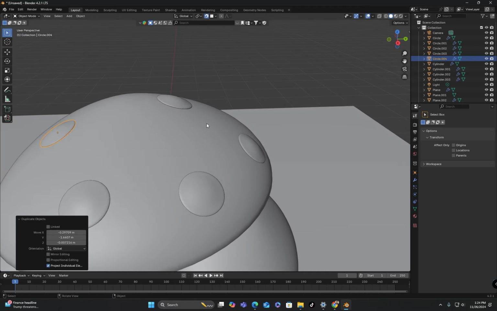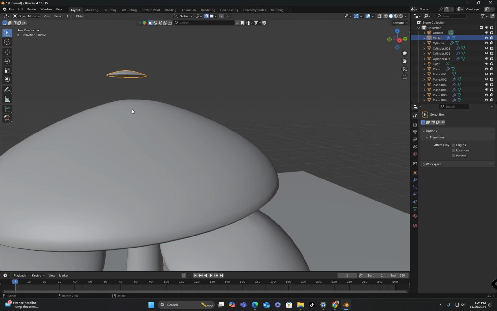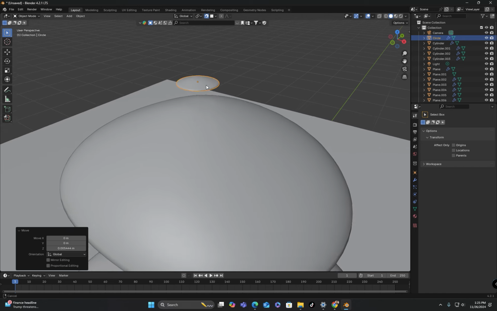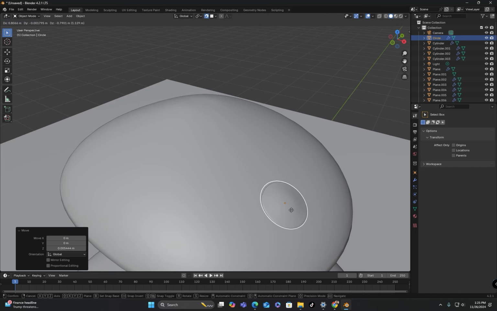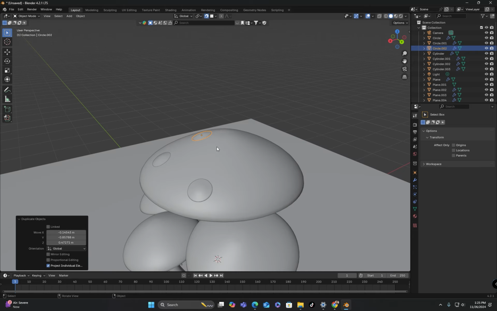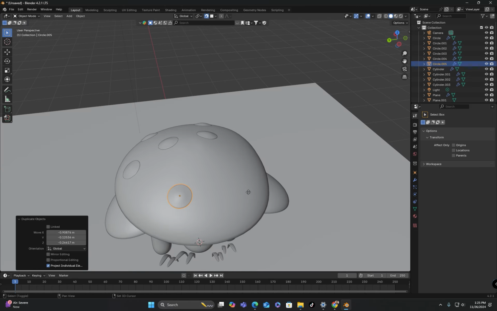I will undo the action and move just the origin slightly upward. Now when I place the object, the distance between the two objects is eliminated. Now I will duplicate this object and place it on all the mushroom objects.